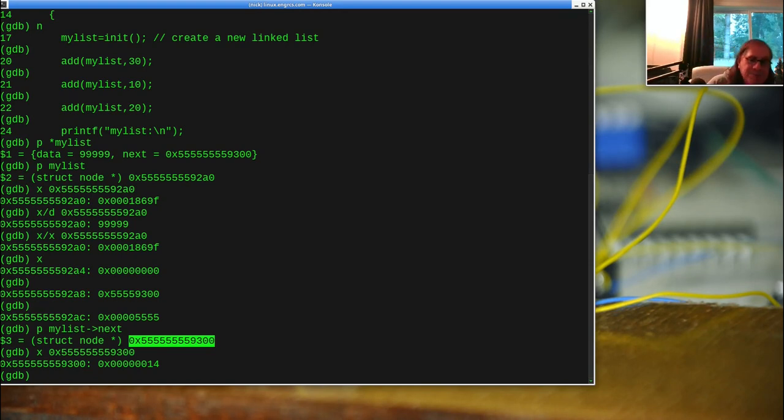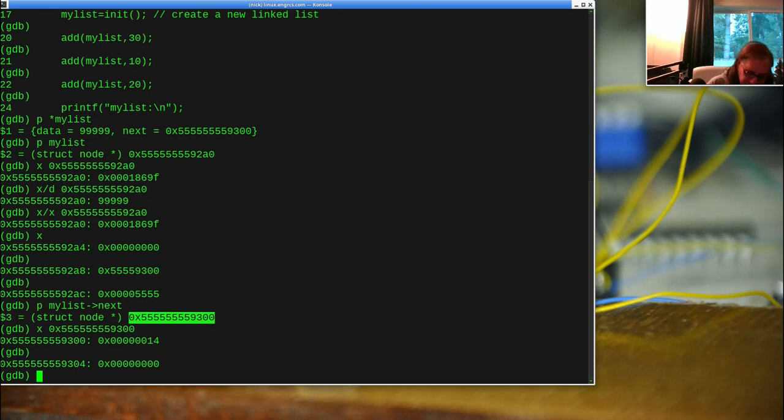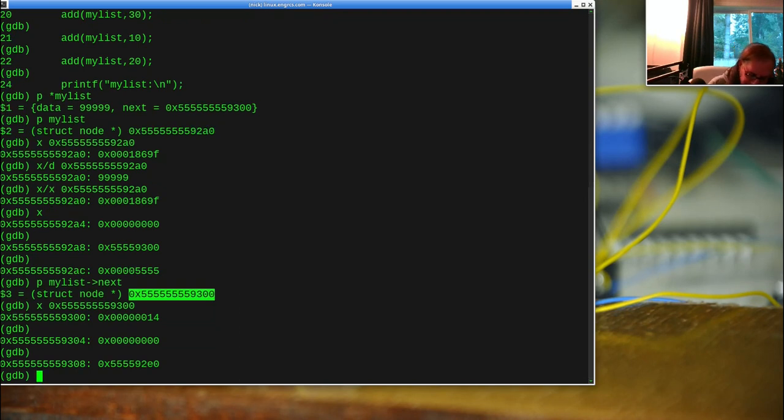So I'm going to add this to my map. I'm going to say 9300, and that's got a 20. And then the next location, 9304, that's got a 0. And the next location is 9308, and that's got a 5555